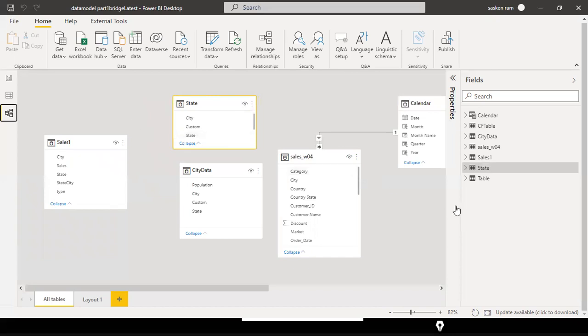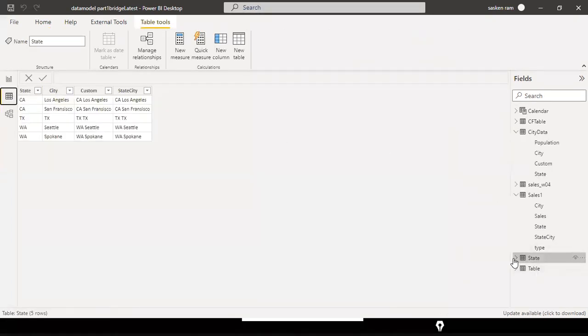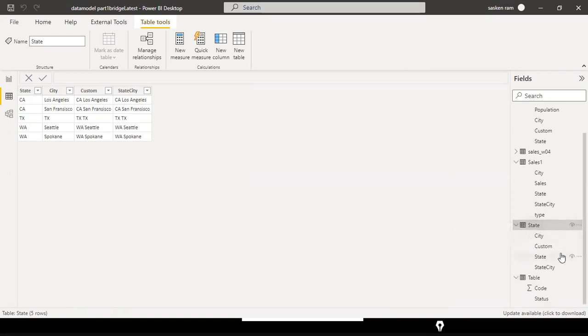I just selected the state table, in custom city. Yeah, so if you see here, state and city are there, and here I have created a column